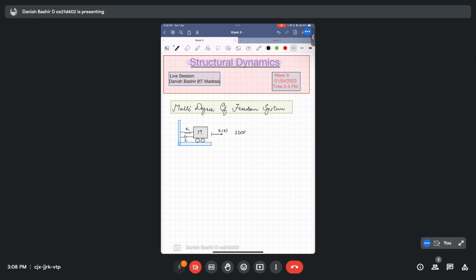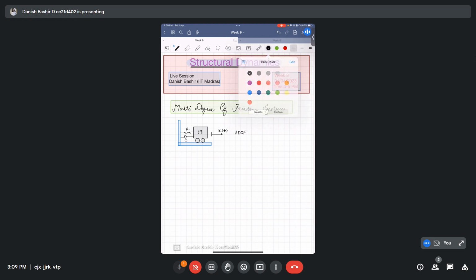If we require more than one independent displacement or rotation in order to describe all the significant inertial effects of a system, that system is known as a multi-degree of freedom system. In multi-degree of freedom systems, we can have a 2 degree of freedom system, a 3 degree of freedom system, a 4 degree of freedom system. So, for example,